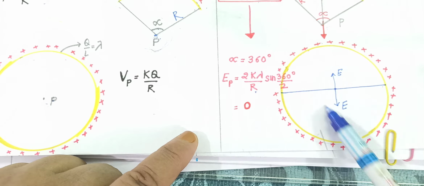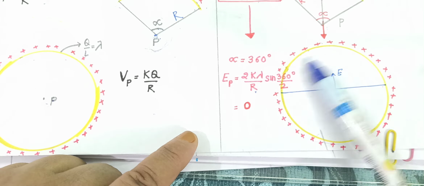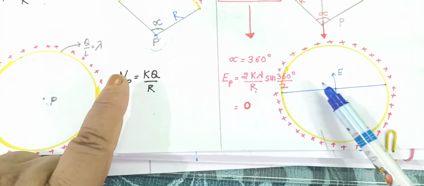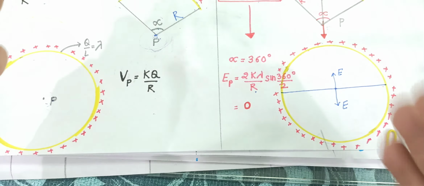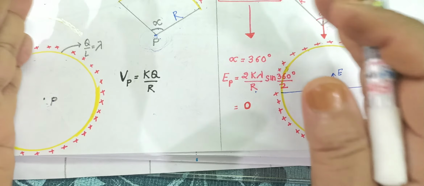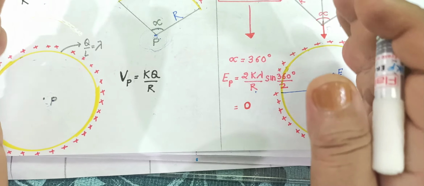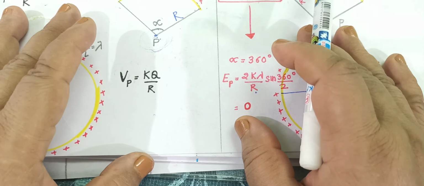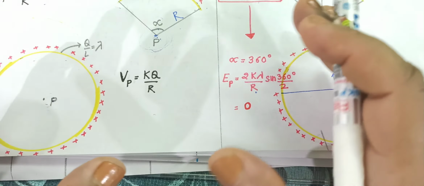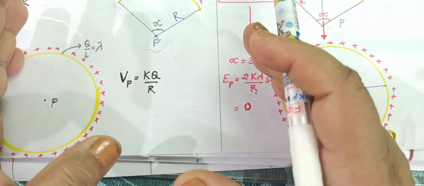So the field at the center of the ring, uniformly charged ring, is 0. So field is 0 but potential is not 0. So prepare your notes so scientifically, so planned that whenever you are going to revise it, the 3 hours work is being done in 30 minutes, right?